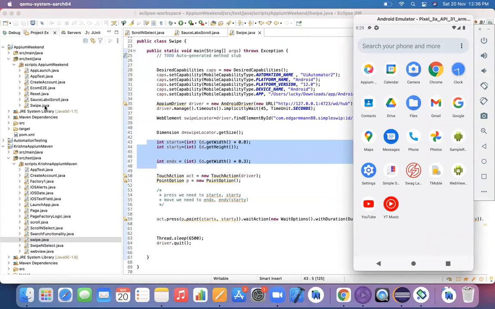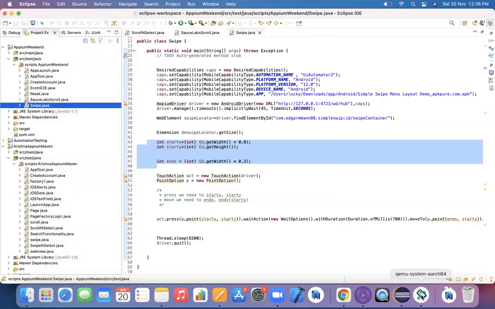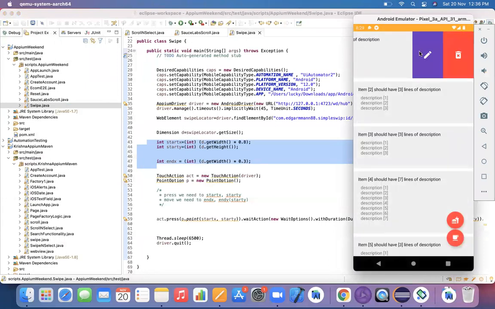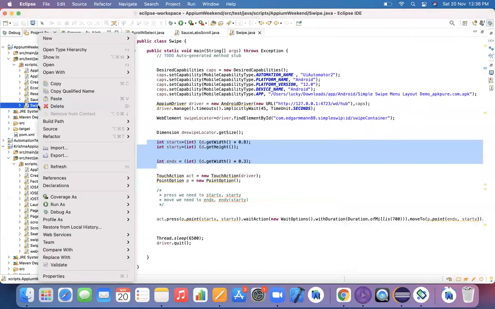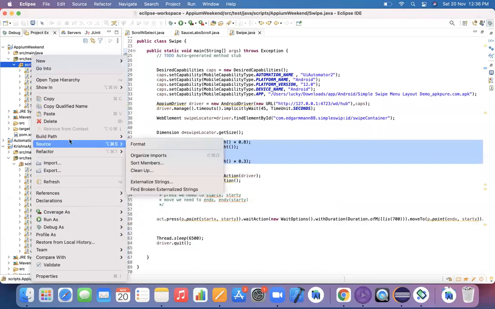What I am doing right now is copying this script. This application is just to perform this swipe operation itself. Nothing happens whenever you click on these objects; you can't perform any actions on these objects. It's just a swipe operation. So I copy this program we have created and paste it into a new program.